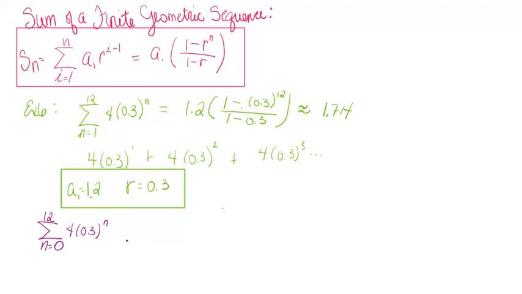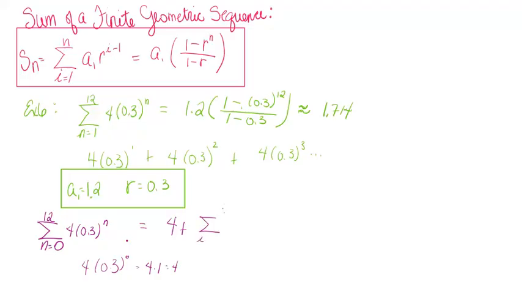So I would have to figure out, instead of just figuring out my 4 times 0.3 to the first power, I would have to figure out my 4 times 0.3 to the 0th power first, which equals 4 times 1, which is equal to 4. And I would have to add that to my sum. I already figured out that my sum was 1.714, so really I would be saying this is the same thing as saying 4 plus